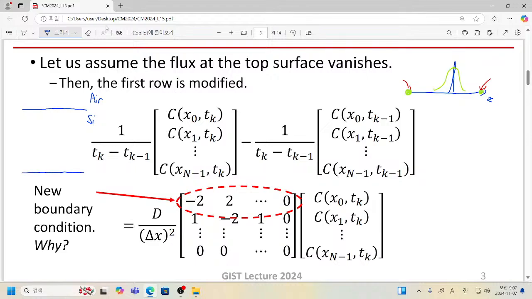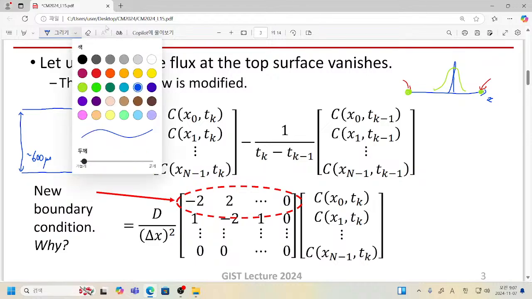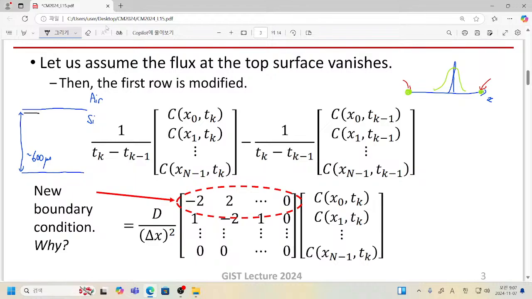Let's think about a silicon wafer whose thickness is around 600 micrometers. However, implanted dopants are placed just nearby the top surface because we introduced our atoms from the top surface. So if we have to simulate the diffusion of these atoms,